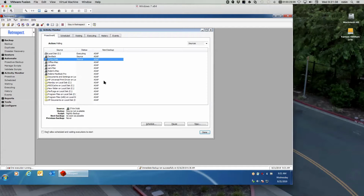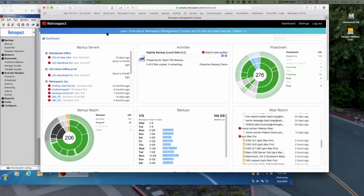The speed of the polling will vary depending on the speed of the backup server and the speed of the network and that sort of thing. I'm running on a pretty slow environment. Now, the other thing I'm going to pop up over here while we're waiting for this is the Retrospect Management